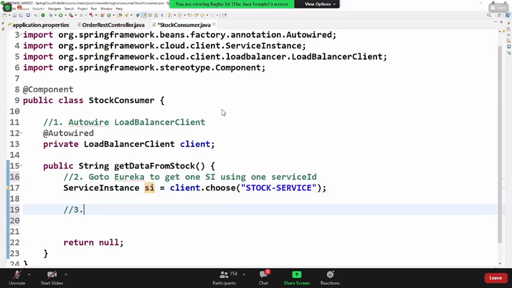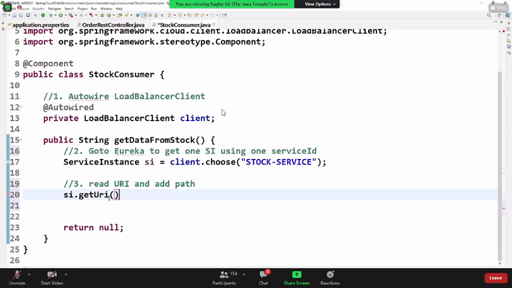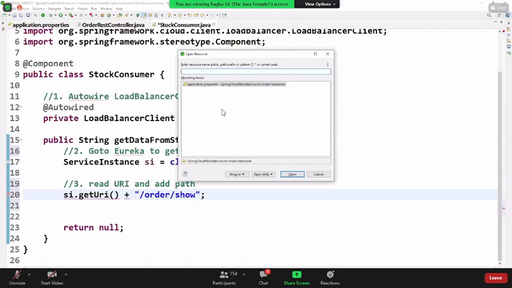Read URI and add path. SI dot getURI. This URI is different every time, and add the path. Path needs to be hard coded here, /stock/show. Sorry, stock rest controller, right?